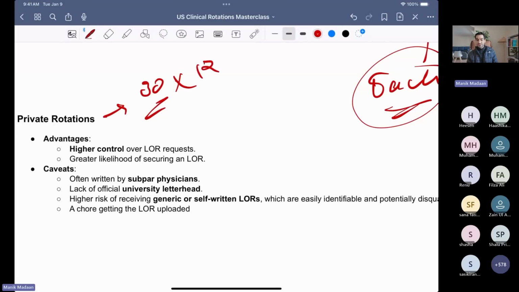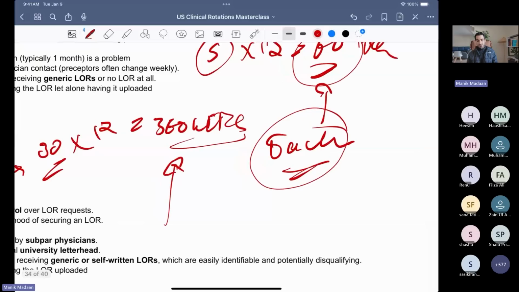You're getting 360 LORs from that preceptor, which is not possible; he's not writing it. Nobody has time to write 360 LORs. Where would that take you in the match is the price that I would think about. So whenever you're comparing prices, I would take that price,